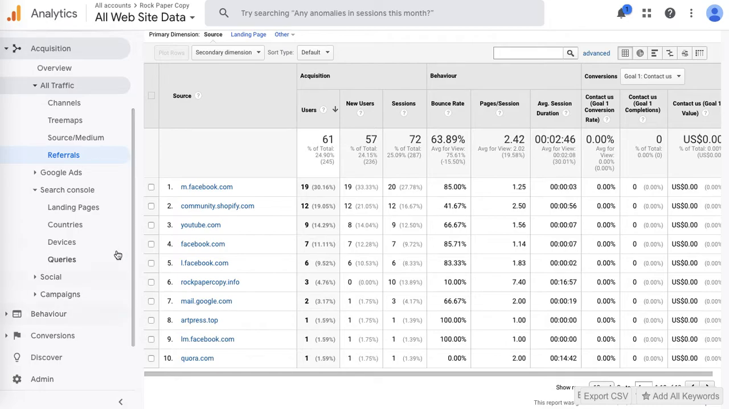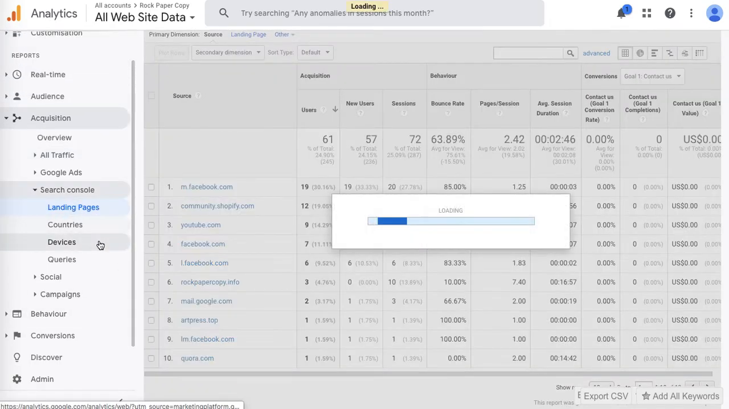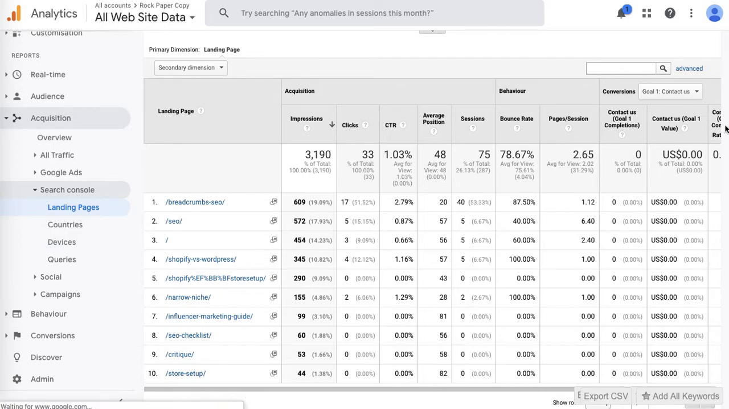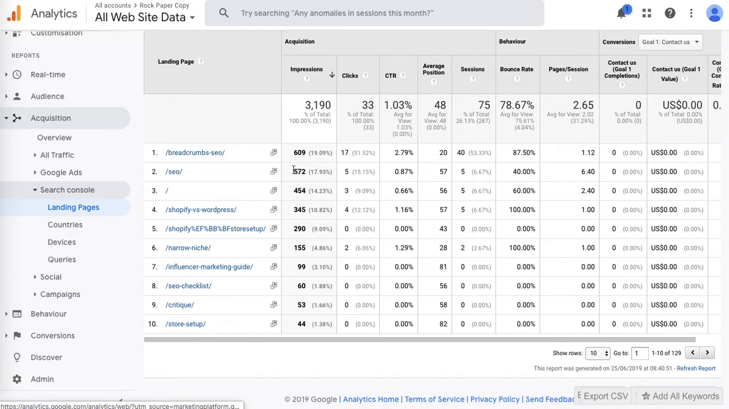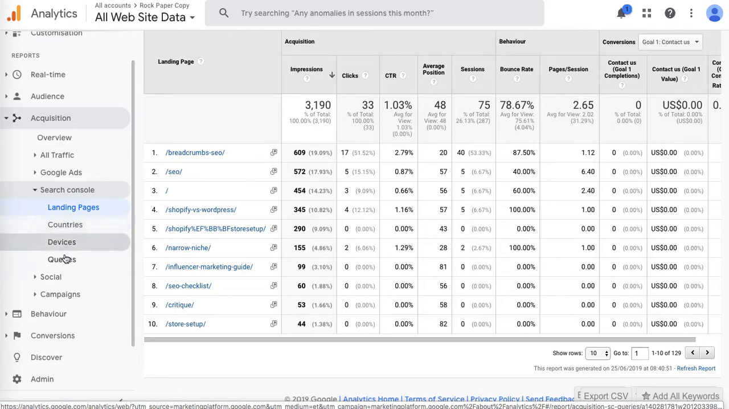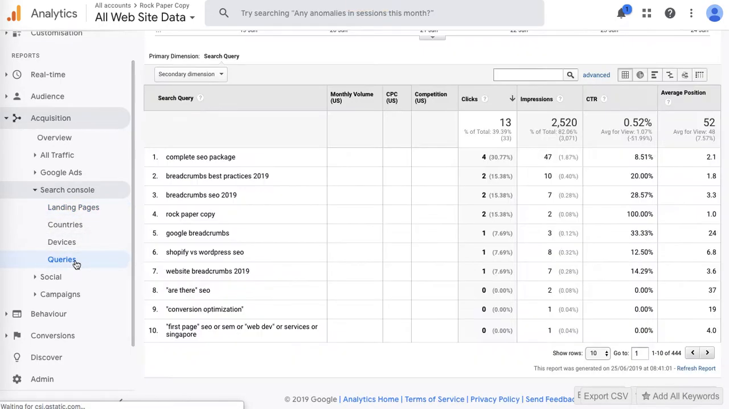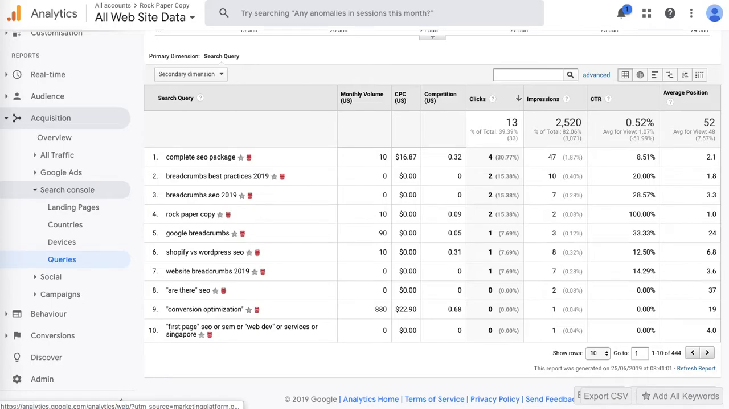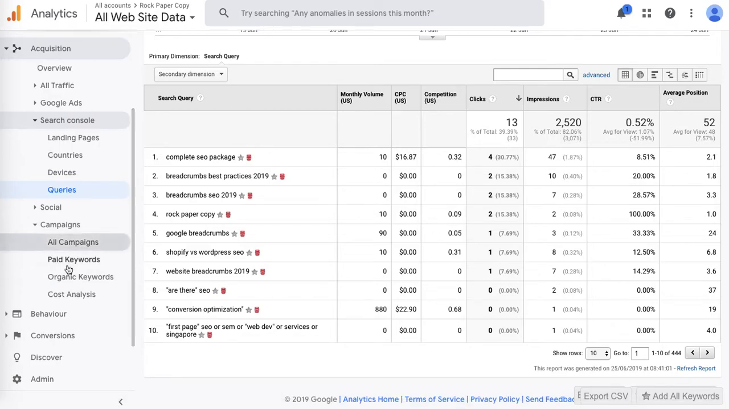I've already connected Search Console, so I can check data of the most popular pages, and obviously countries, device, and queries. I really like this particular thing because I can find what keywords people use to find my website, what's the monthly volume, what's the cost per click, and obviously how many clicks that I get from each. I don't use